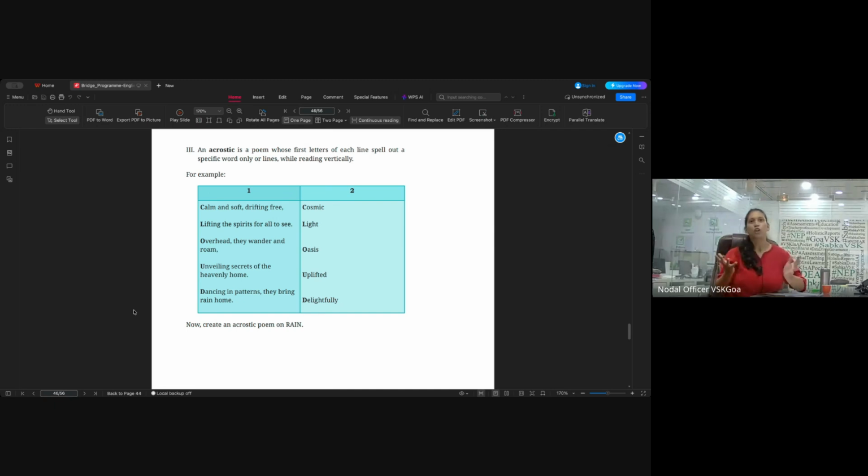So this is an acrostic, okay, wherein you have the word and then you have information that goes across. You can get them to form their own acrostics, and I think forming one with your name is good, because each one of them is very happy to write something or the other about themselves to do with their name. So you take the entire spelling of your name and you find adjectives to write.